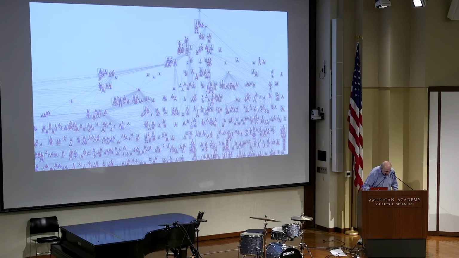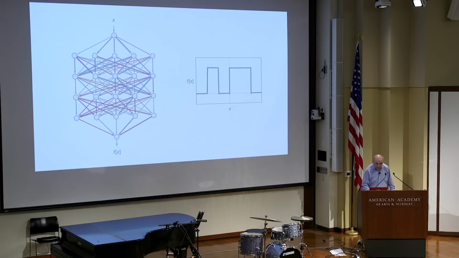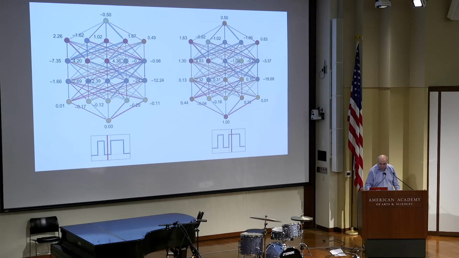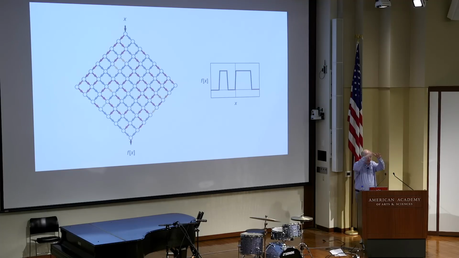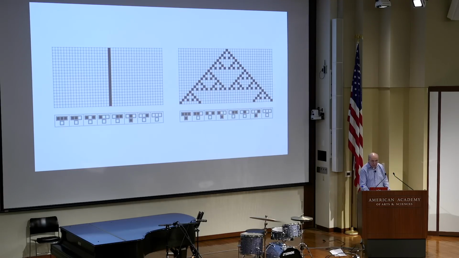I want to show something, which was that one of the things I was doing very recently was looking at the foundations of machine learning. So with a typical neural net, you give it an input at the top, it produces an output at the bottom, and it's trained to produce that function on the right. What I was curious about is what happens when you don't want to make something as complicated as this. It's hard to visualize what happens inside neural nets. Can you make something where you just have, for example, a grid of cells, a grid of neurons? The answer is yes.